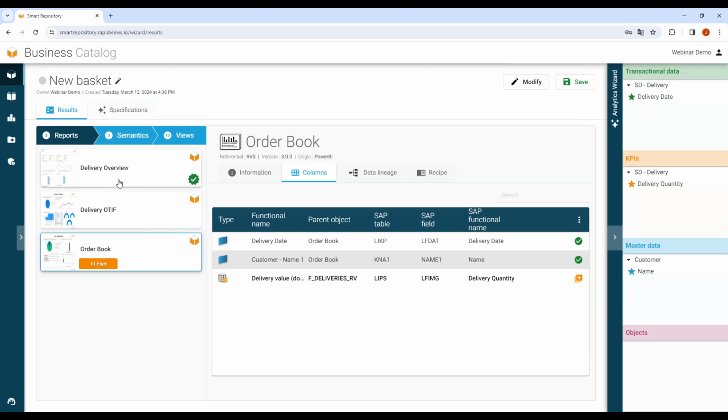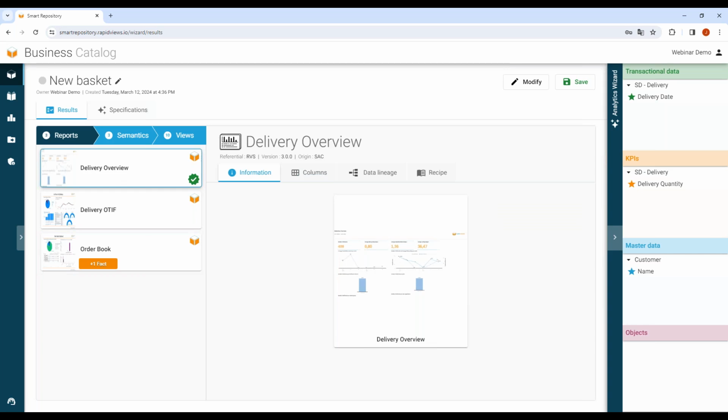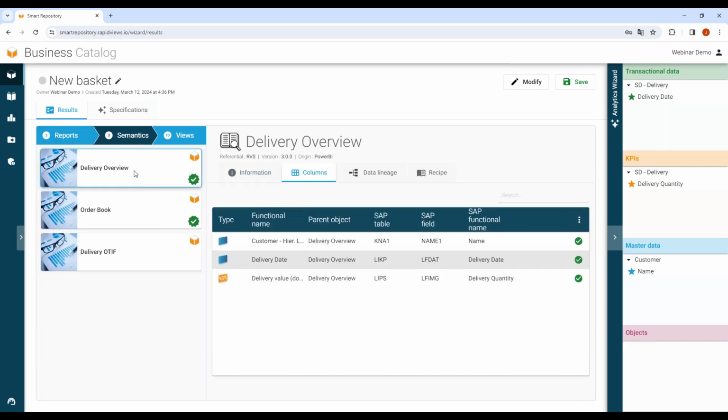Okay, so you have information related to the report. It's telling you if a report exists. Then semantics. So what does that mean? I switch on the semantics. A semantic is a model. In SAP Analytics Cloud, it's a model. In Web Intelligence, it's a universe. In Power BI, it's a data set. It's a model based on the CDS or on the SAP data, and this model can be directly used in the BI reporting tool to create a new report.